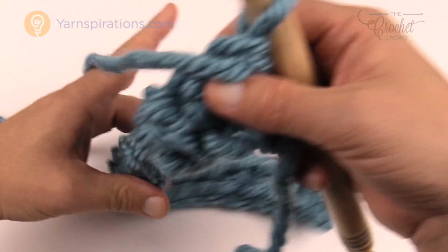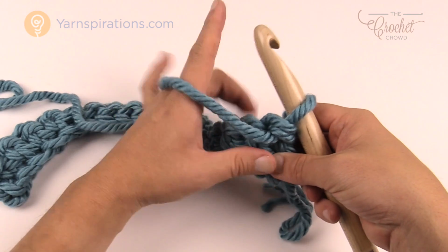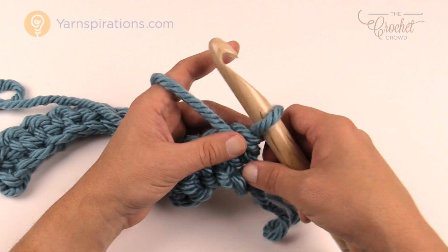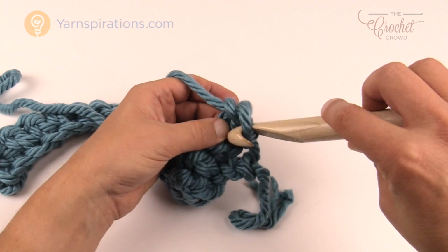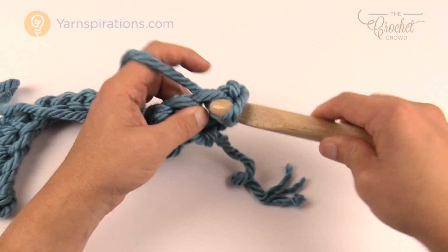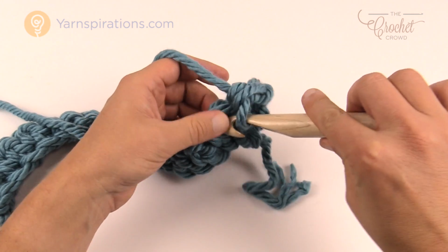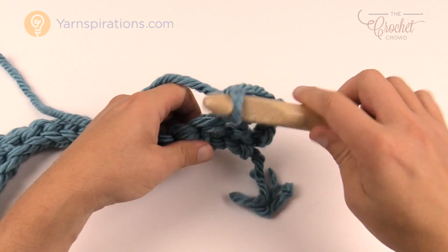Let's turn our work and let's go for row number 2. So rows number 2 and 3 are the repeat pattern for this entire project, and it's just really easy. So let's begin row number 2. We're gonna chain up 1, and we're gonna single crochet into the same one right underneath it, and single crochet that one plus 3 more on the edge. Okay, so move to the next one. So this will be 1 and 2